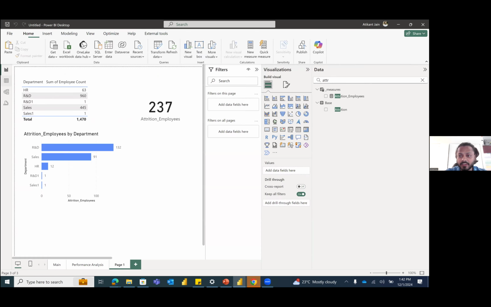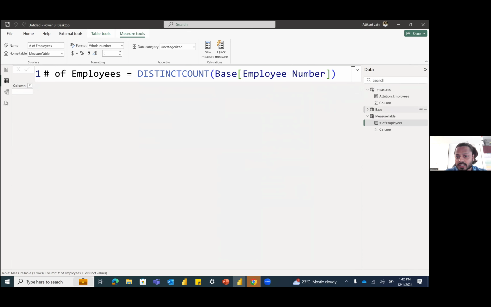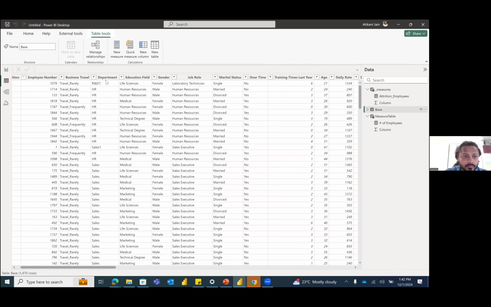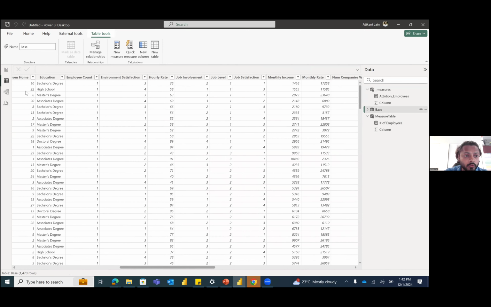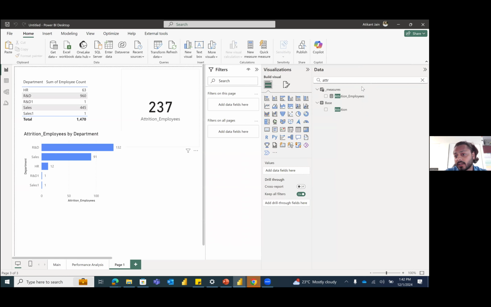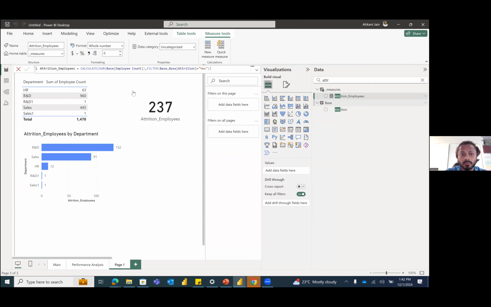For example, if we don't have the employee count, right? And if we don't want to just use the count of this, then we would have to create the measure of a number of employees that we create. This one. So this is giving me,